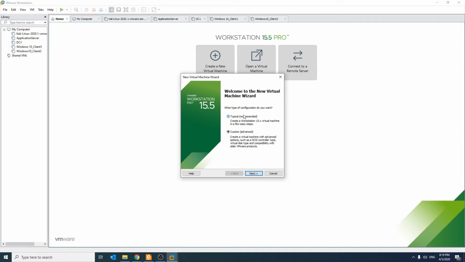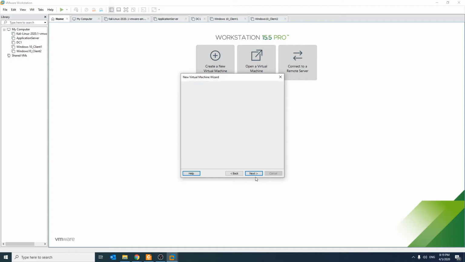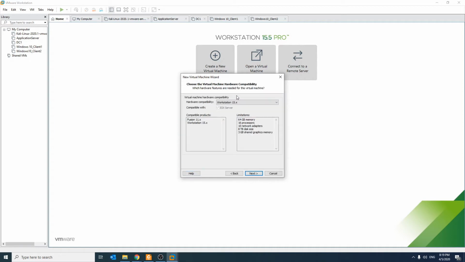So first of all, typical or custom. I do recommend custom, and I'll give a few pointers why in a moment. When you go with the custom installation, first of all, you need to choose the compatibility level of what you're creating. It's pretty much VMware specific. I don't believe it exists in VirtualBox, but the main idea is that you're creating a virtual machine based on a specific class. If you create a virtual machine on 15.5, obviously you won't be able to run it on